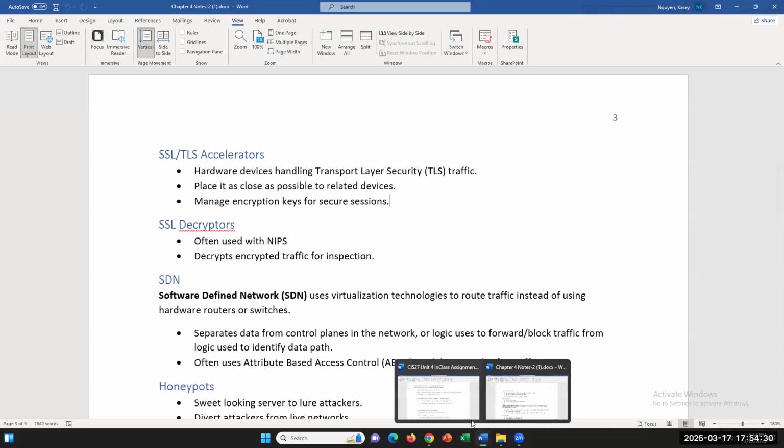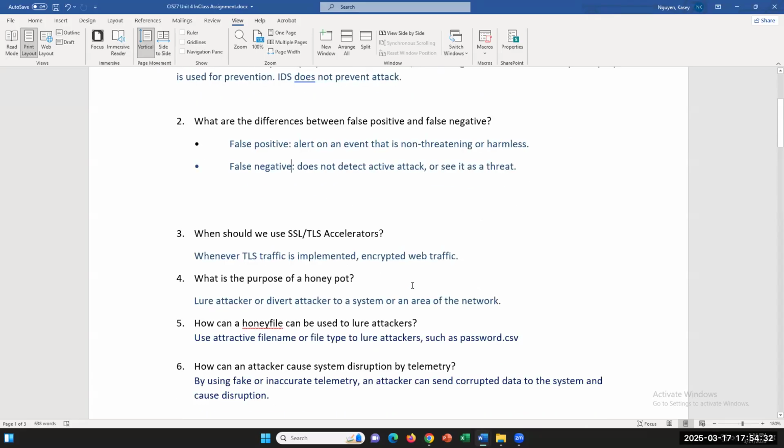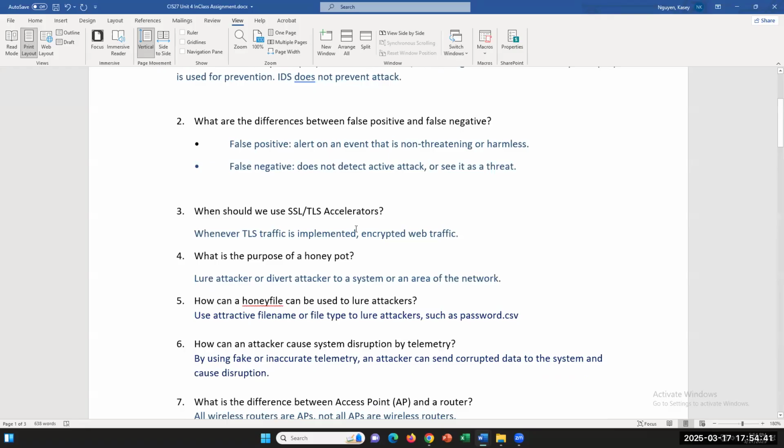Okay, so let's come back to our questions here. So for 3, it says when do we use SSL TLS accelerator? Whenever you are using TLS traffic, I'm gonna put HTTPS, okay? So whenever you see that, when you type in the URL, likely it's using SSL TLS, right? That's all it is we use really for HTTPS. And in that we use encrypted traffic, okay? Encrypted web traffic, so encryption for web